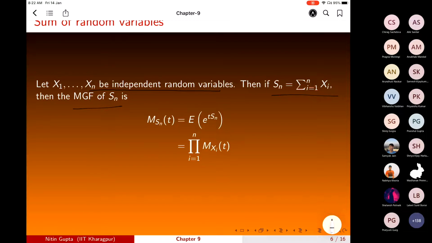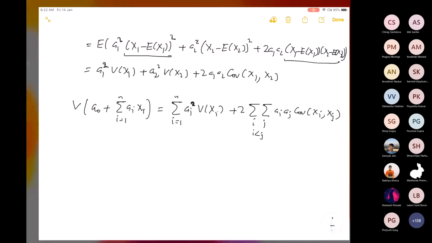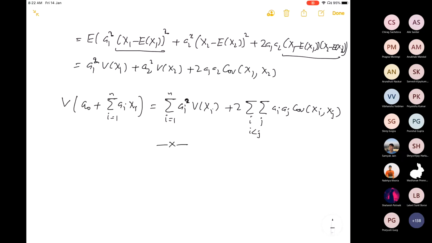the expected value of e raised to power t Sn. So now it can easily be shown that this is the product of moment generating functions. So